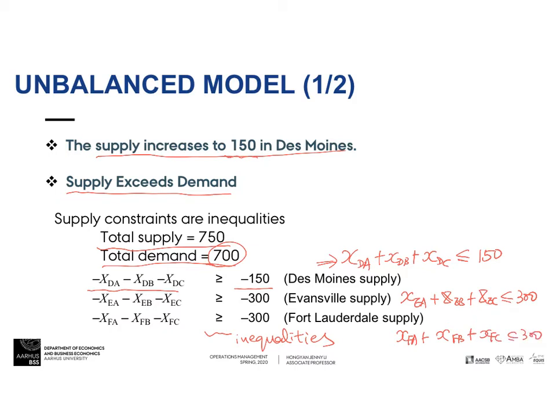So the change, actually, these two sides of constraint are exactly equal or the same. The only difference is if you times -1 on the left hand side and times -1 on the right hand side